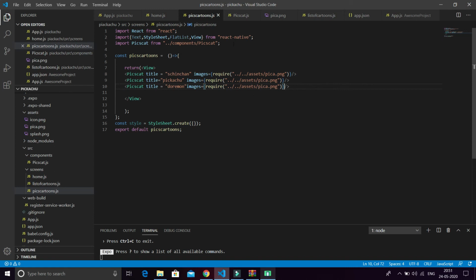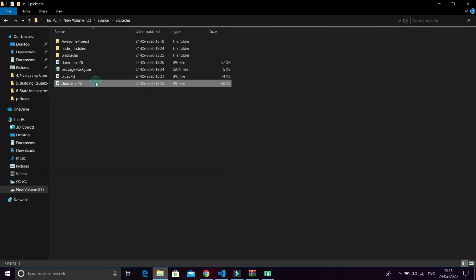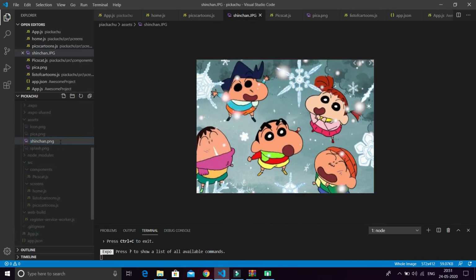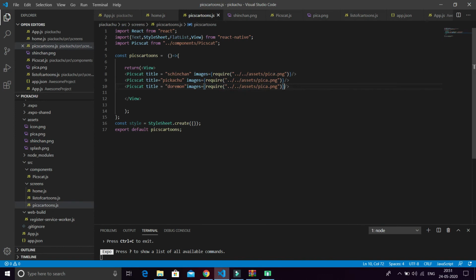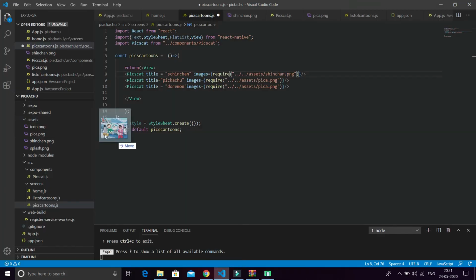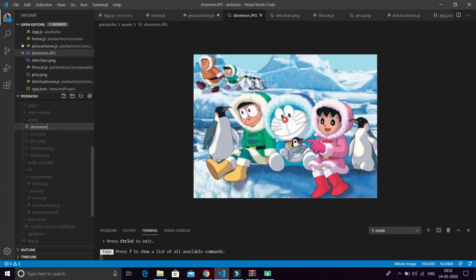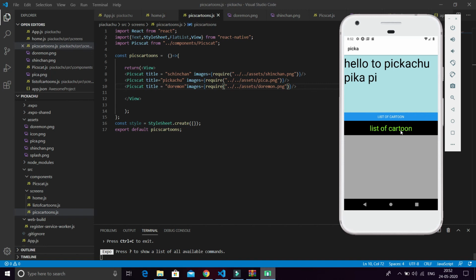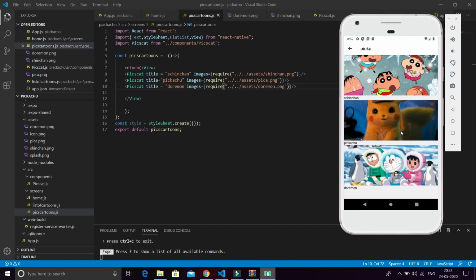Let's change the images here, as it is calling the function, and in the first it put the Shinchan name and the image name as this. So we have to change the images. Let's change fast. Copy and paste here, copy in this folder and just rename it and .png. Just change here Shinchan.png and here down. We also have to name it, and we call it here. And when it refreshes, let's see, it looks all Shinchan, Pikachu and Doraemon.